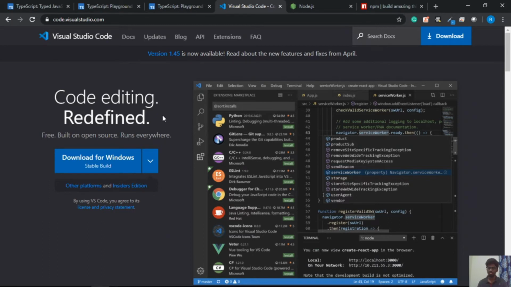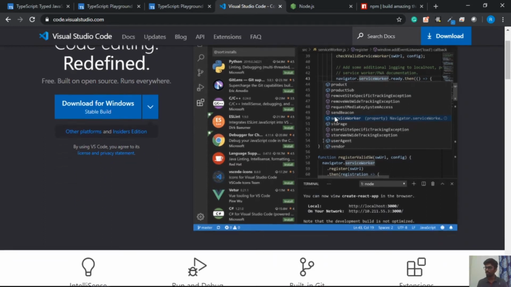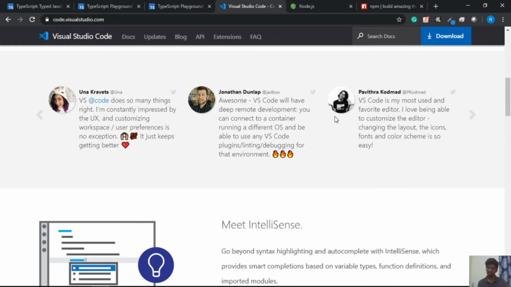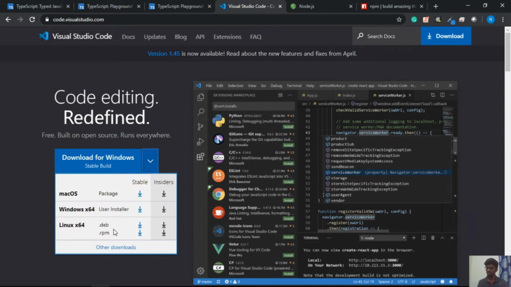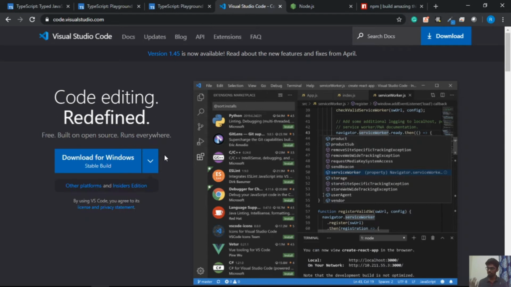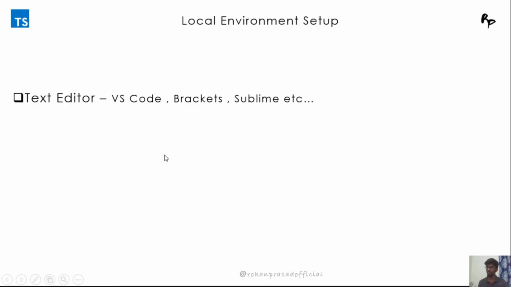For Windows you just need to click next, next, and the same for Mac OS. For a Linux setup, you can either visit the software center of Linux and install from there, or you can use Snap. But the best way is to download it from the software center, or from here you can download the DEB or RPM based on your Linux distro. Once you download that, we'll move forward to downloading more dependencies.